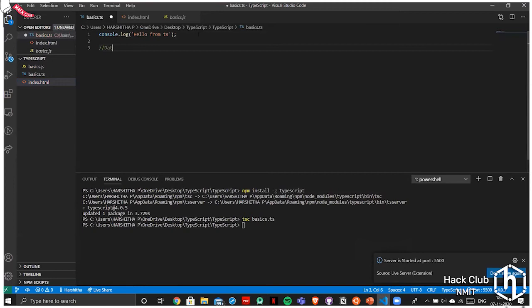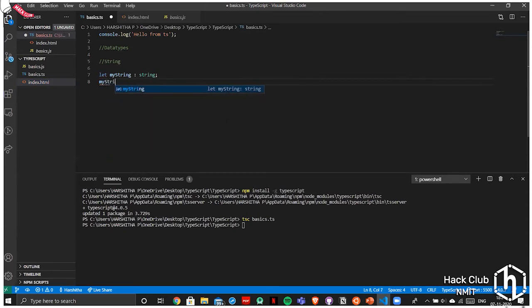I would like to start up with data types. So the syntax, first I'll go with string. Let my string, this is the common syntax, or you can use const as well. My string equals hello, and then console.log my string.